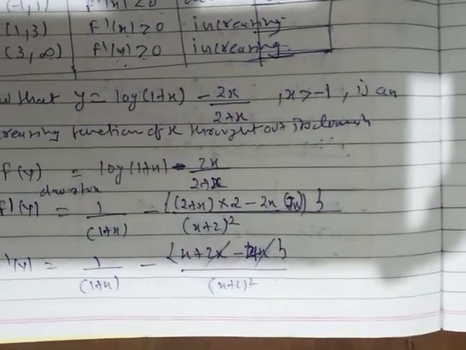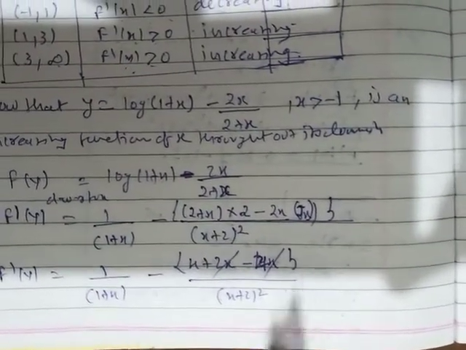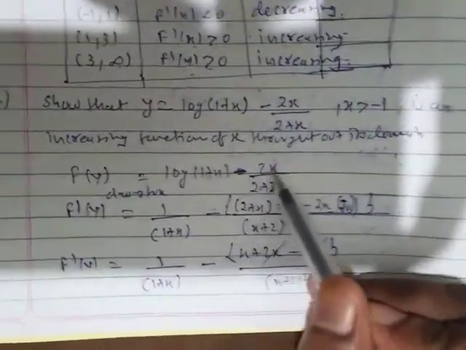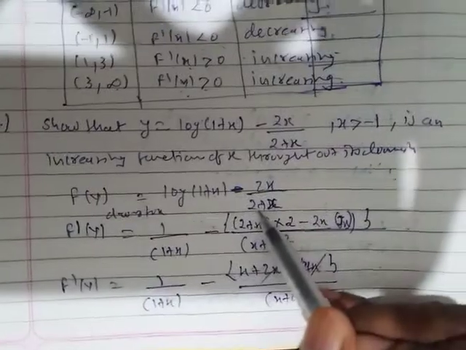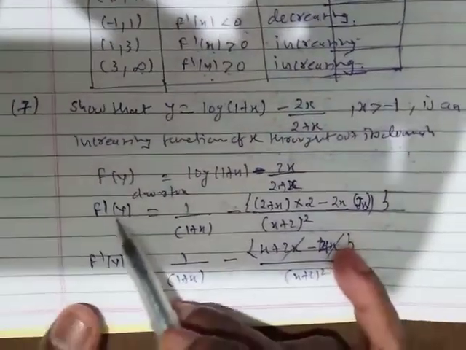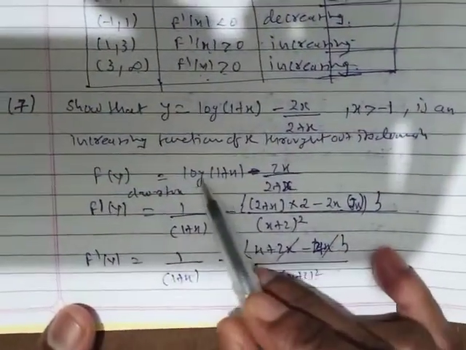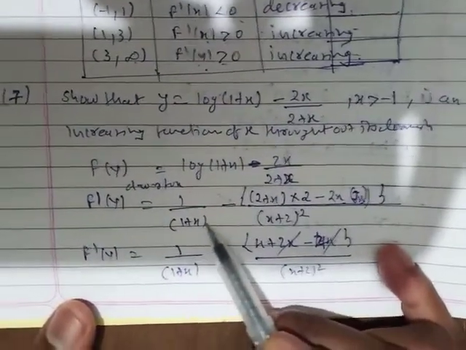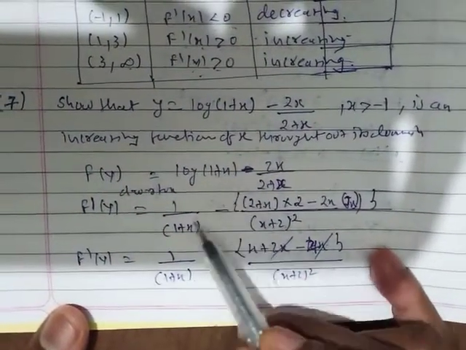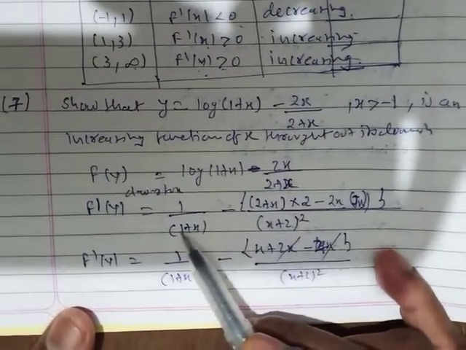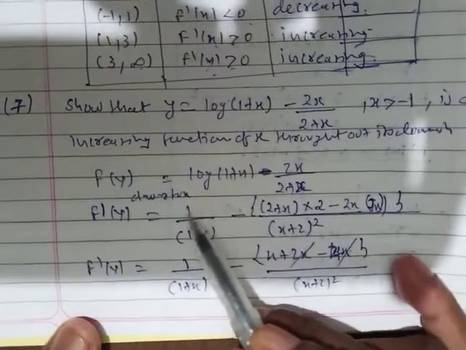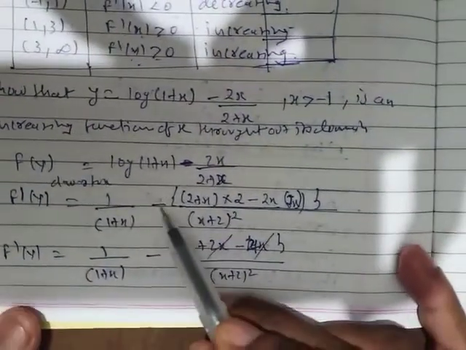So y is equal to, what is given? y is equal to log(1 plus x) minus 2x upon 2 plus x. So if you take the derivative with respect to x, it will be 1 upon 1 plus x. And inside, if you take the derivative, 1 will be 0 and x is 1, so it is multiplied with 1, so it will remain the same. Minus